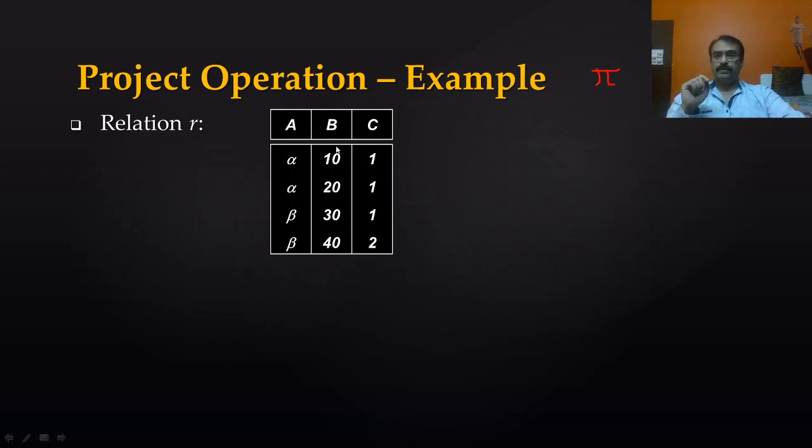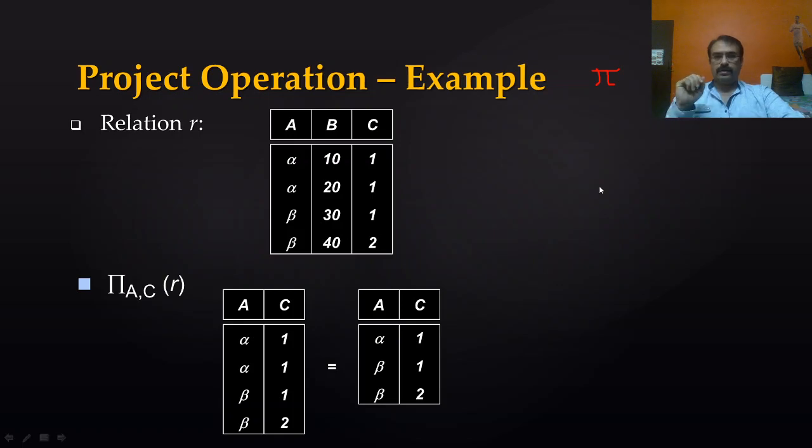So how can it be done? Let us say this is your relation, and this is the way I can use project A comma C of R. So project only attribute A and attribute C from relation R. Relation R is this, and I just want to project A and C. So A and C are projected, only B is eliminated. We will also avoid the duplicate entries.